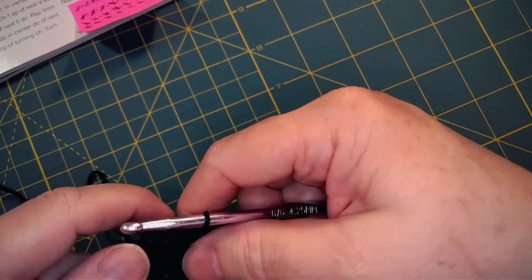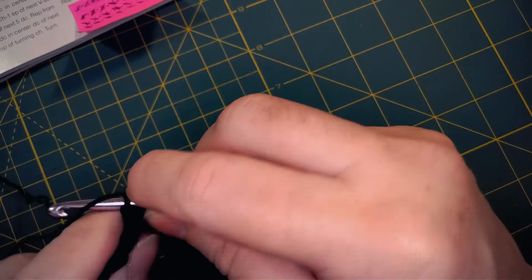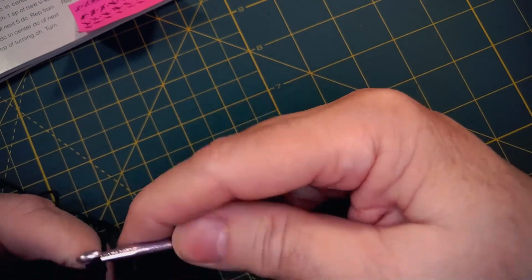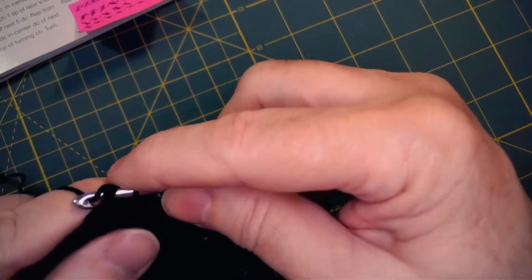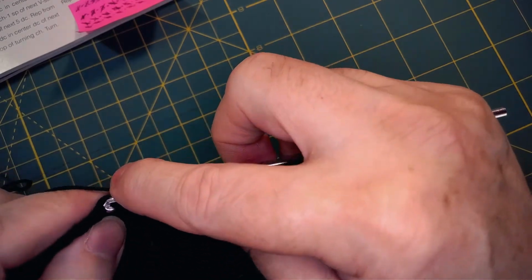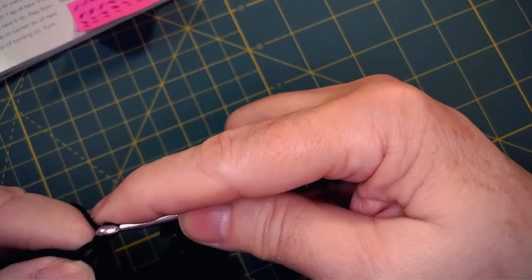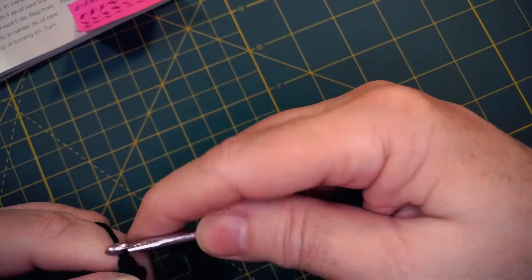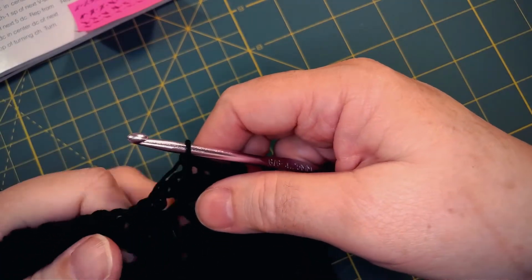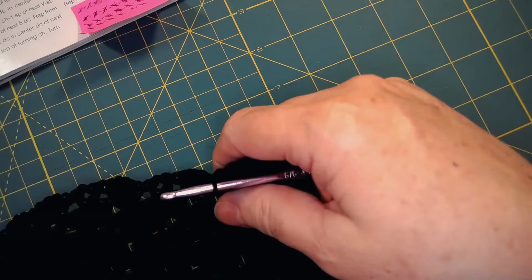Now slip stitch in the first single crochet, so slip stitch in that single crochet and then 3 doubles. 1, 2, 3. Chain 1 and single crochet in that same space as the last slip stitch. Okay, now we're going to put the 5 doubles in this next V-stitch. Okay, and we're going to repeat the pattern across,